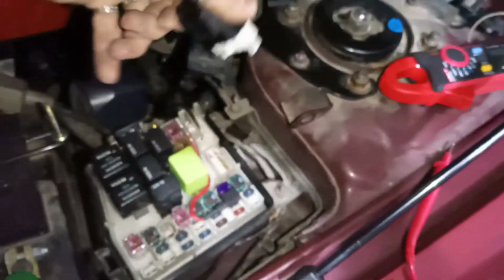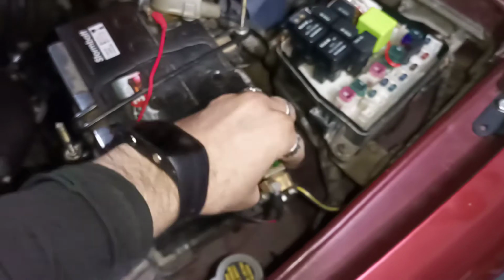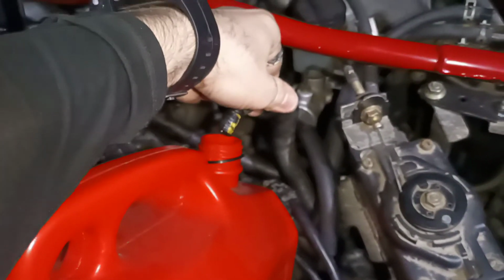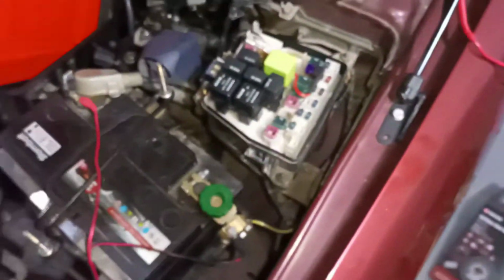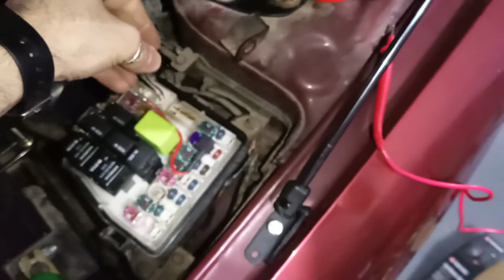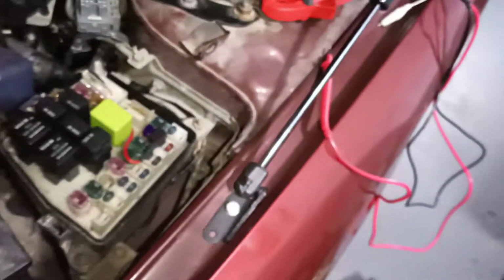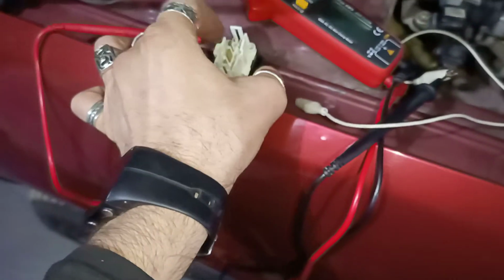Now if I remove it, even though the jumper is on there, if I start the electricity, nothing is going out because, well, I'm jumping here, but there is no relay to be activated. So this is still going to be needed. We are going to place it either here or here. Of course, I know where, but you need to grab a multimeter, and because I'm shooting with one hand, I'm